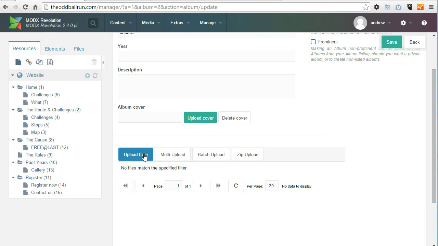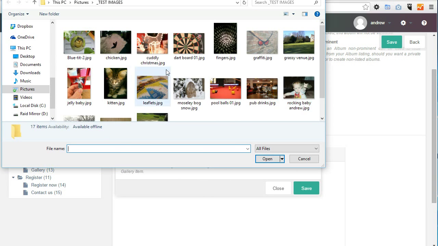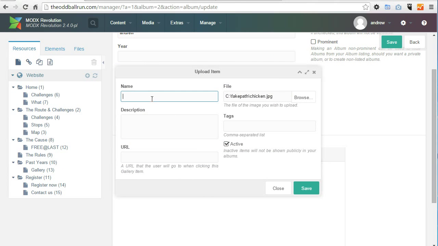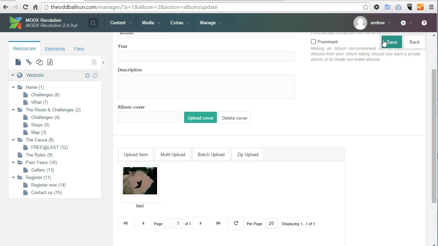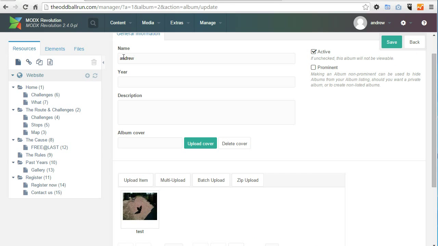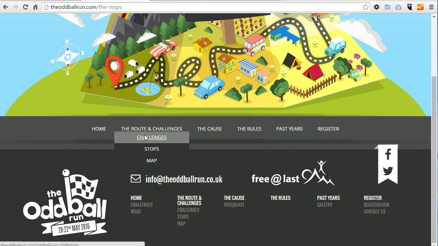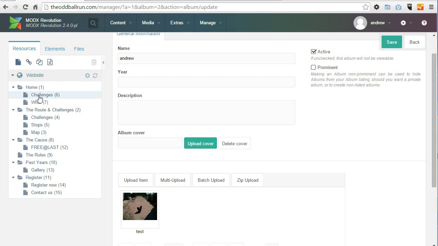So you just click upload item, and you can browse and select what image you want to upload, give it a name, etc. Save, and then you've got an image in your gallery. Now, wherever you add a gallery, you can select Andrew as the one you want to display. So if I go back to challenges here,